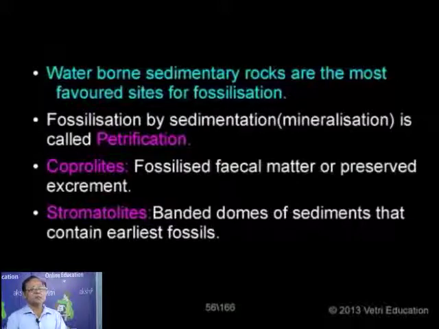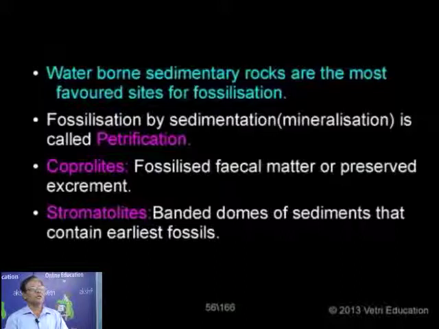These are all the different elements or minerals taking part in replacing the organic components of living matter. And that method of fossilization, where the original body parts are replaced by minerals or sediments, is called petrification. Those fossils are called petrified fossils. For petrification, we take either silica, calcium carbonate, magnesium carbonate or even iron pyrite. So based on the nature of the minerals involved, we can divide petrified fossils into different types.